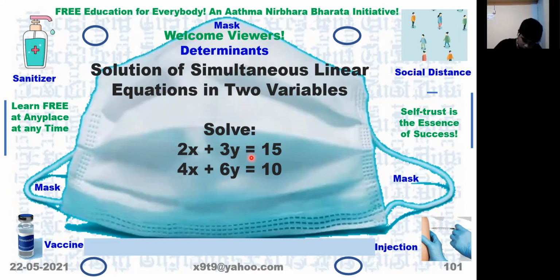When lines are coinciding with each other, there are infinite solutions, because every point on one line is also a point on the other line. Only when delta is not 0 do you find a particular value of x and a particular value of y, which are the xy coordinates of the point of intersection of the given two lines.